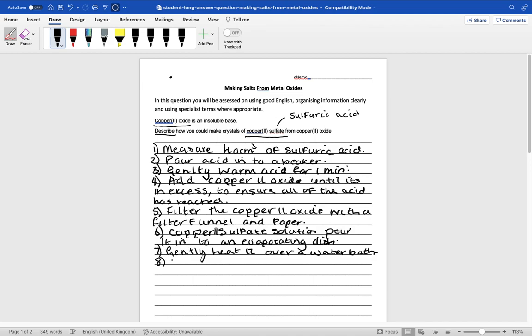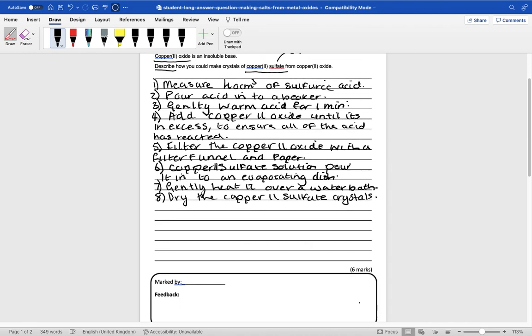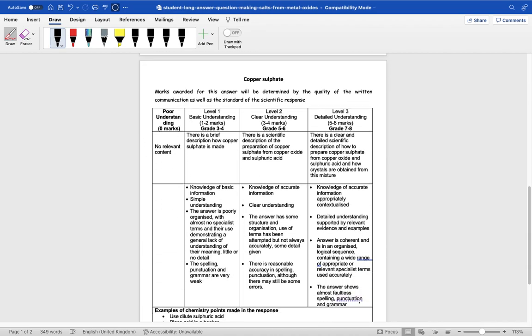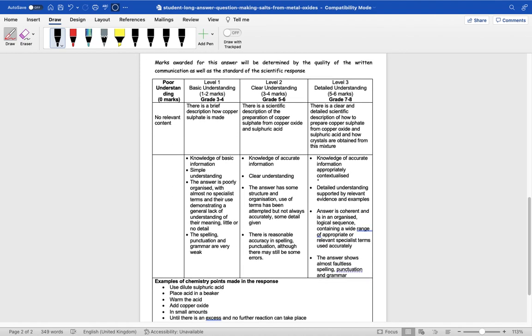So the last step would be to dry the copper 2 sulphate crystals, and then we're done. If we have a little look at the mark scheme for this question, it says